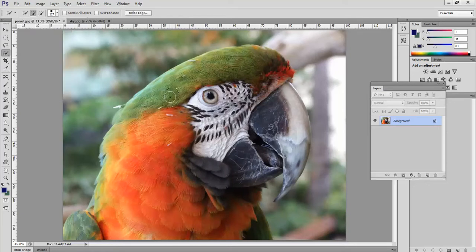So basically I just start to click and you can see it will add in to that selection. It's automatically sensing the edges. Okay, so it's a very intuitive tool. It will find the edges of our parrot. Now let's come around here. Now as the contrast becomes a bit less here, we might have a few problems. Let's see how this works. Not too bad. Okay, but what I'm going to do is zoom in to this little section down here,